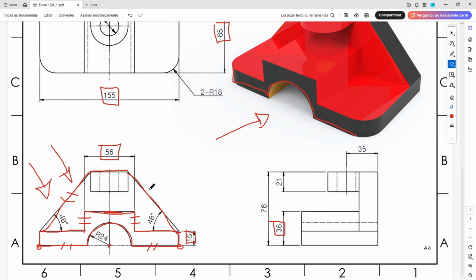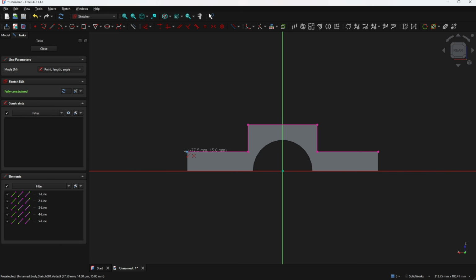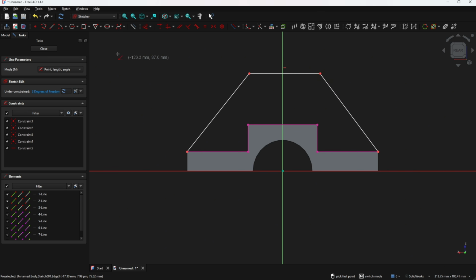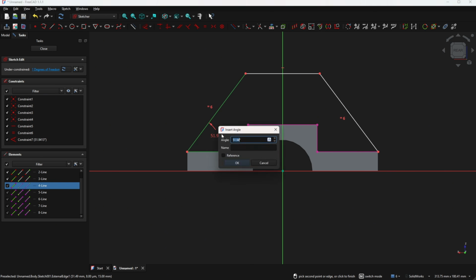These two lines are equal with the same length, and the angle between this line and this line here is 48 degrees. So select line, click here in this point, make a line here, and make a line here, and make a line between these two points, and go to constraint, select equal, select this line and this one, and go to sketch dimension. The angle here is 48 degrees,